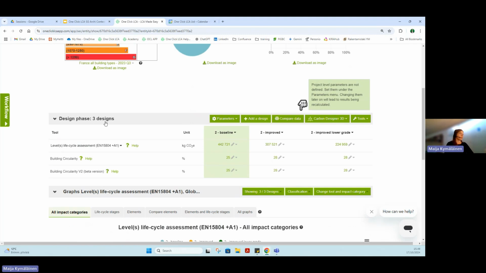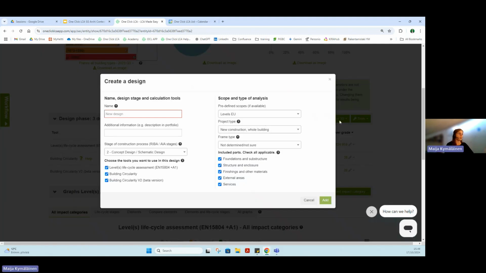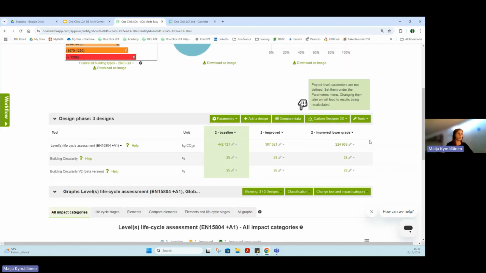So on Monday, we went through the parameters and also add a design. So from here, you can also add designs. You can just name it and then it will appear here in the list. But here we have also Carbon Designer 3D. And if you click this, it will show you the tool which is enabled for. So on Monday, I showed you that we have here the tools, and the available tools for this license